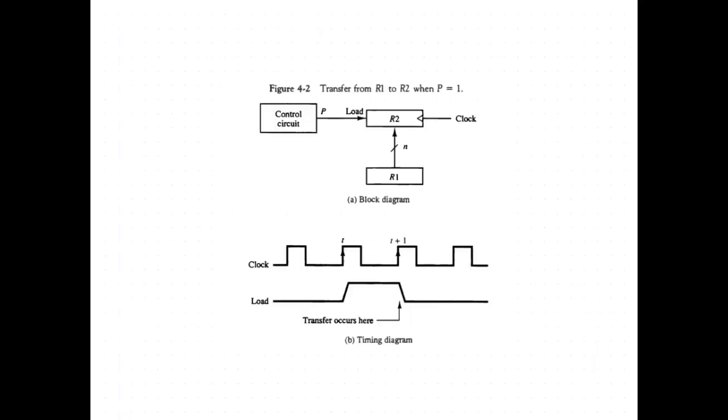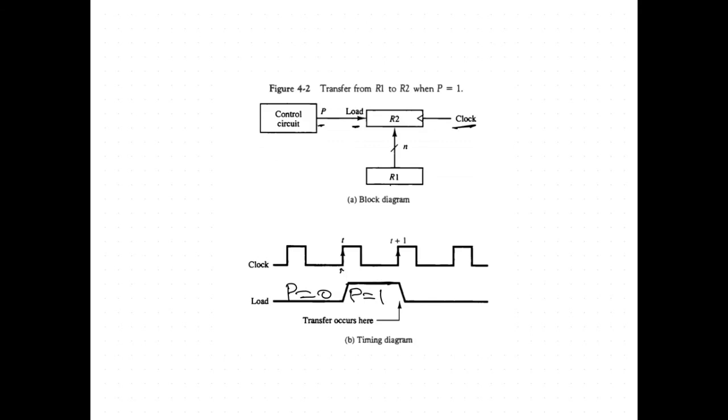You can see the timing diagram; just observe it. See here, the contents of R1 are moved to R2 when the load signal gets activated, when P is equal to 1. When will P be equal to 1? That depends upon the clock pulse. Now you see here, at the first rising edge, our load signal gets activated, meaning it becomes high. Up to here P is equal to 0 only. From here onwards P is equal to 1.